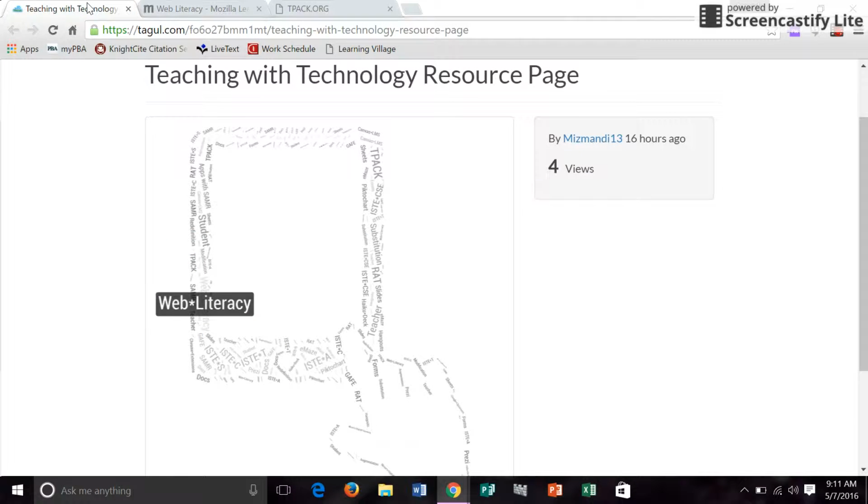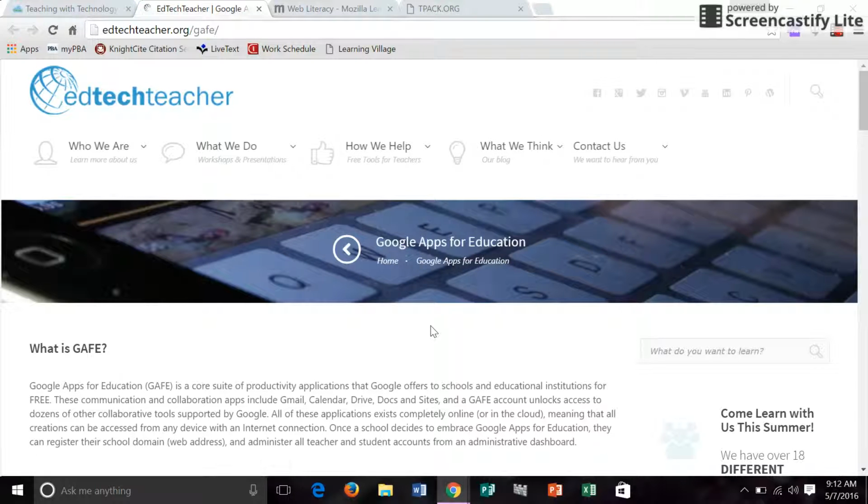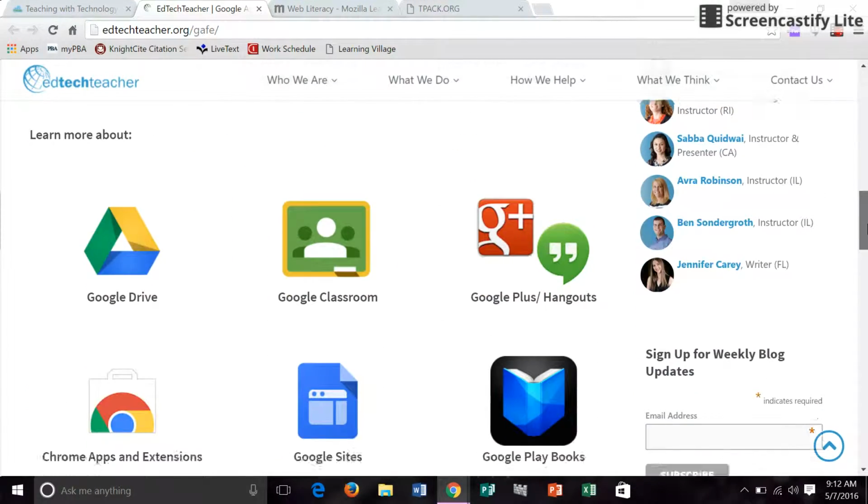Now let's check out some really great stuff given to us by Google. This is GAFE, Google Apps for Education. And on this website, edtechteacher.org, they talk about all aspects of Google in the classroom. It's very helpful. And there are links here for you, as an educator, but they are also in the word cloud under